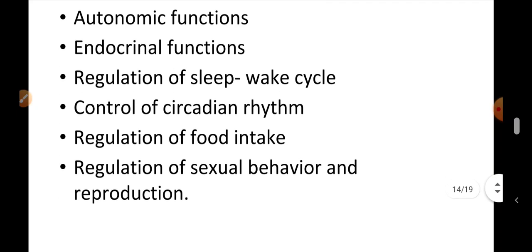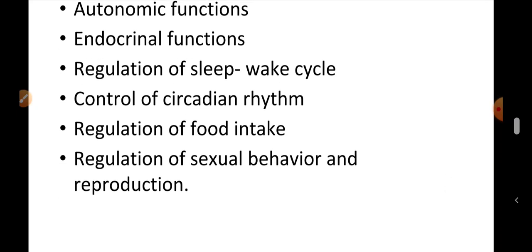Hypothalamus has an important function in the regulation of food intake. The regulation of food intake is an essential vegetative function of the hypothalamus, which maintains the body weight of an individual relatively constant over a long period. To regulate food intake, the hypothalamus has two centers, a feeding center and a satiety center, and both are located in the tuberal region.